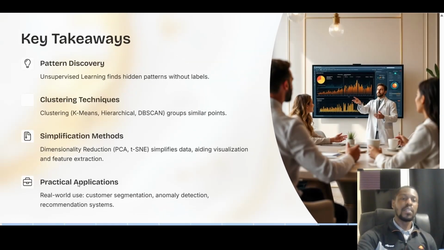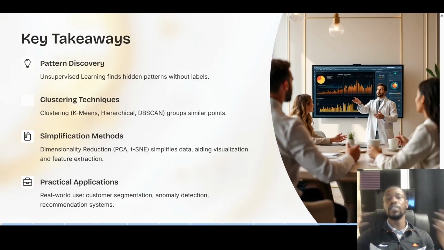So key takeaways from today's lesson: pattern discovery. Unsupervised learning finds hidden patterns without labels. We looked at the different clustering techniques such as k-means, hierarchical, density-based scans for grouping similar points. We also briefly looked at simplification methods such as dimensionality reduction in order to simplify the data, aiding in visualization and feature extraction. So remember, we had, say for example, 50 features, and we want to lower that down